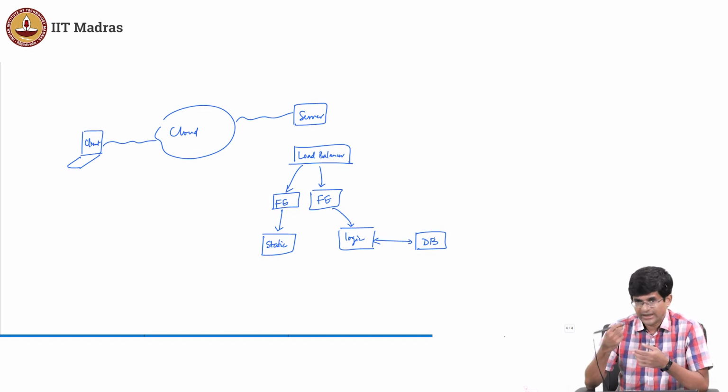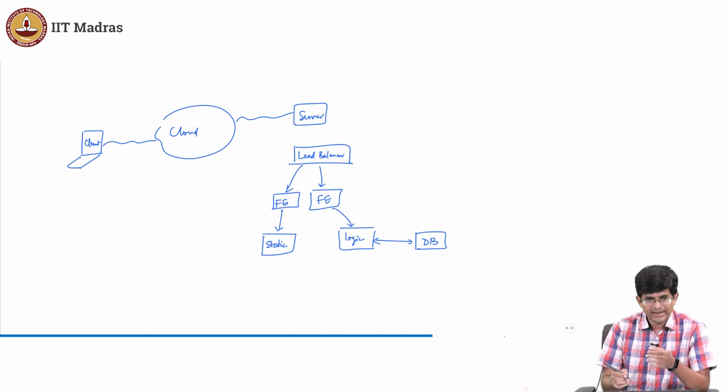okay? What is the database doing? It receives requests from the business logic, creates a new entry or fetches data from the database, sends it back, okay? And the database, in other words, is just doing its job. That is to say, whenever it receives a request for doing something, it puts the data over there. If it's like delete something, it deletes and then sends back a response. If it's change something, change and send back a response, and so on, okay? And this business logic ideally is also something which is just taking a request from the front end, deciding what to do with it, sending it to the database backend, and then forwarding the response all the way back, okay?